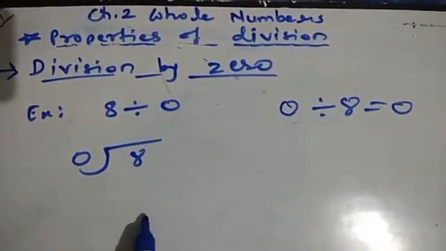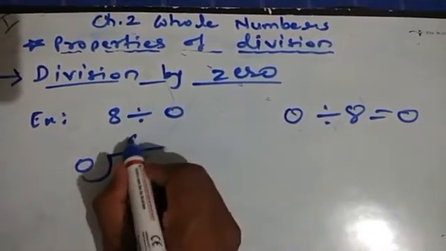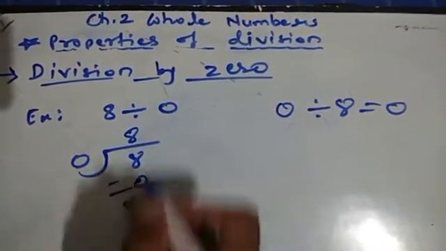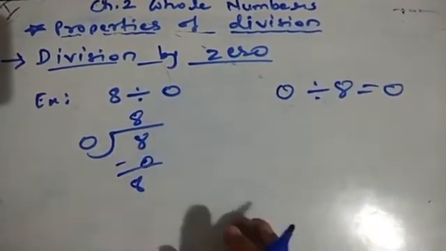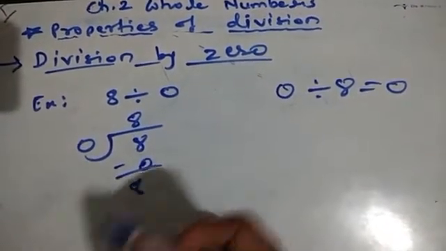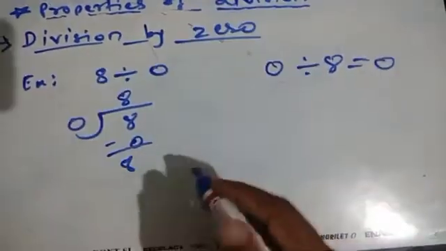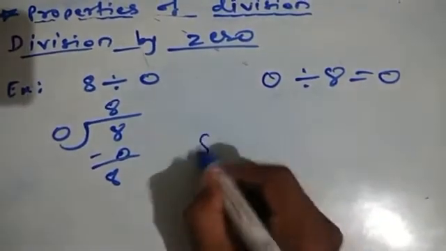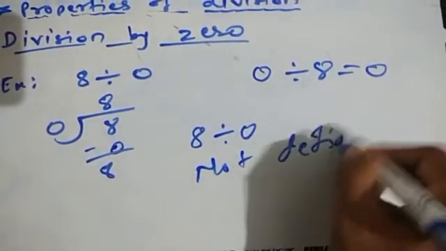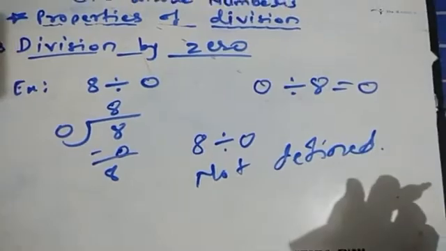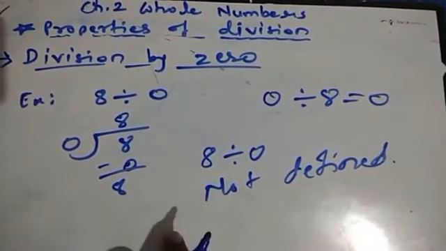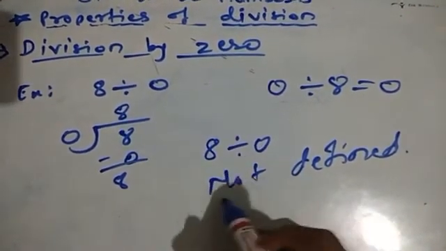No, there is no such number, and that is why, see, suppose I take 8 here, what will happen? 0 8s are 0. Again what will remain? 8. So continuously the remainder will remain 8 only. Yes or no? Because when we multiply any number with 0, the answer will be 0 only, and then again 8 and 8 will be repeated again and again. And that is why any number divided by 0 is what? Not defined. We cannot define it. So therefore, students, remember that when we divide any whole number by 0, the answer is not defined.